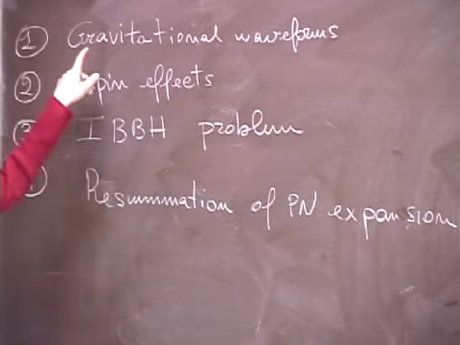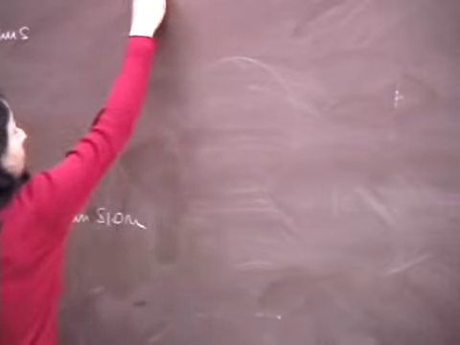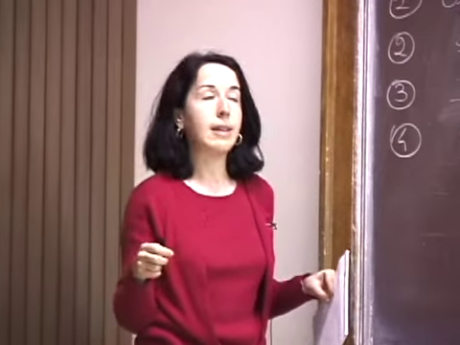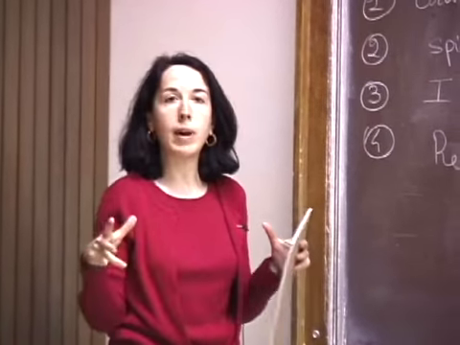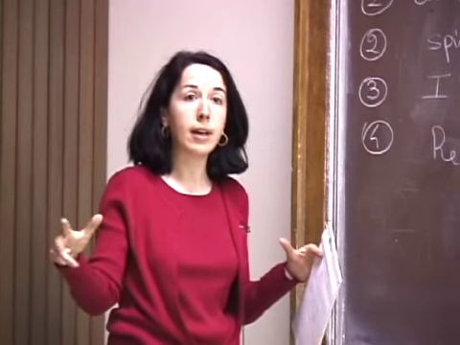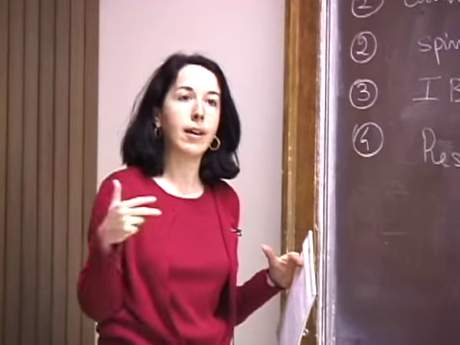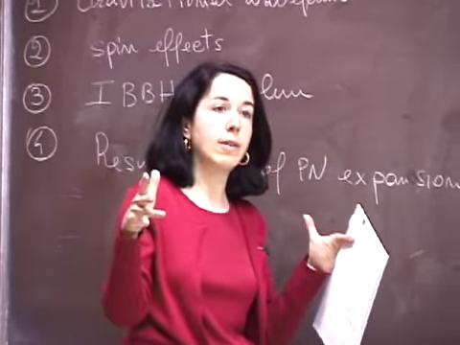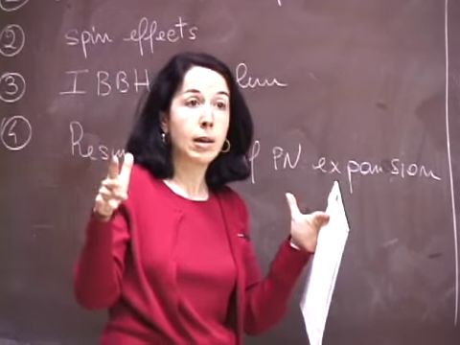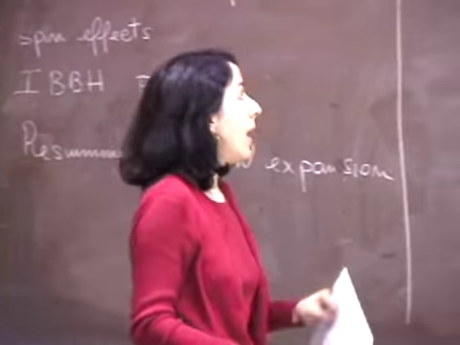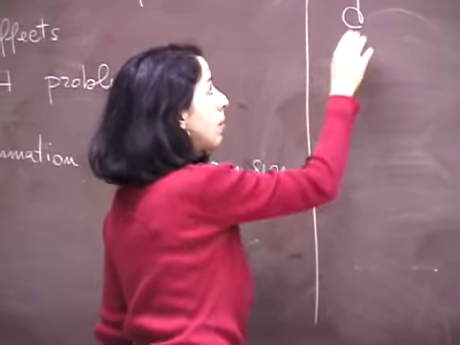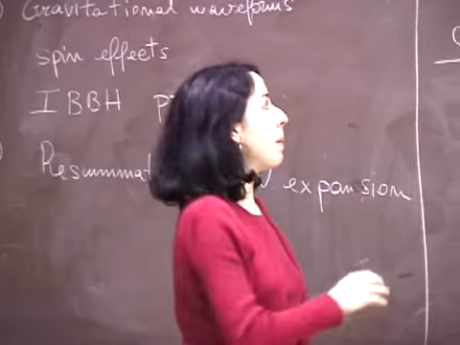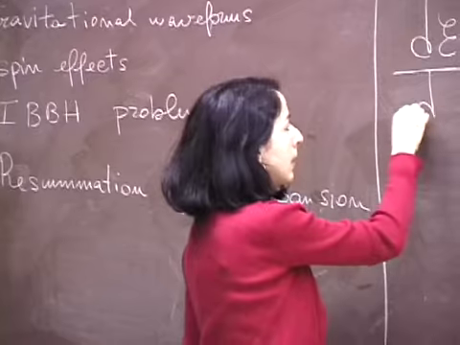Okay, so let's start with the gravitational waveforms. Here I will refer to waveforms that are emitted when the two bodies are quite far from each other and orbiting along a circular orbit. I assume that the two bodies are following an adiabatic sequence of circular orbits. And for the moment let us disregard the spin effects, so the two bodies have no spin.